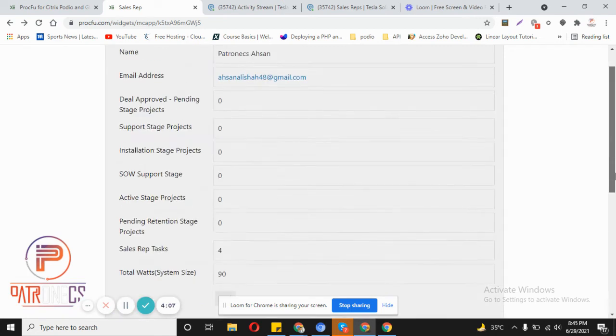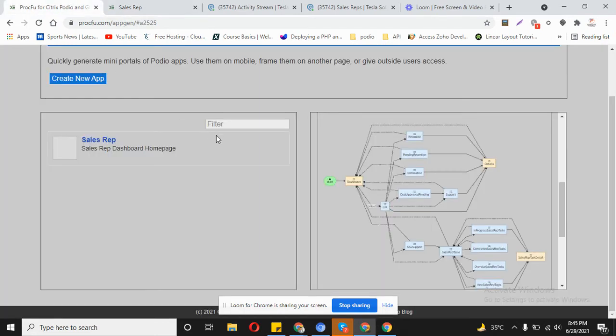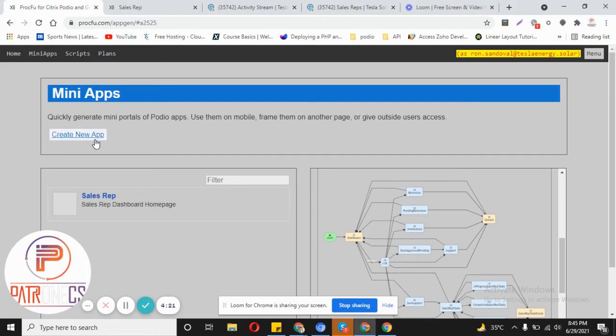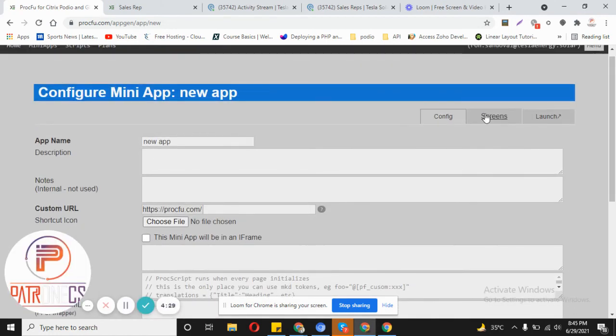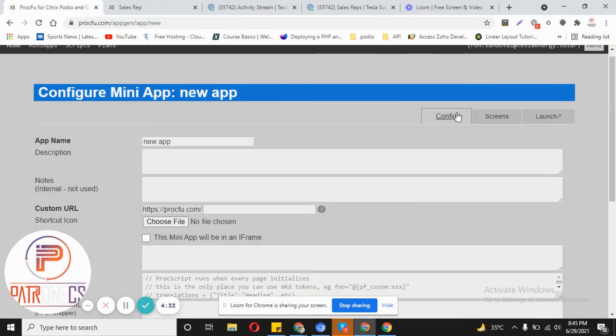You can have different apps whose data you can show on these portals. And it's not difficult to create a Procfu mini app. It's very easy. You can simply click on the create new app button, and there are different tabs, like the screen option and the configuration option.